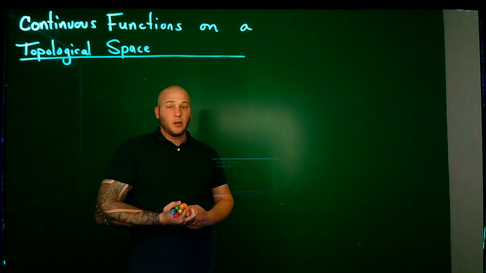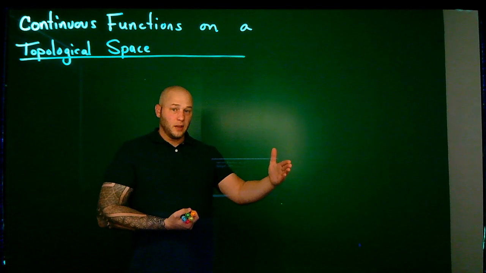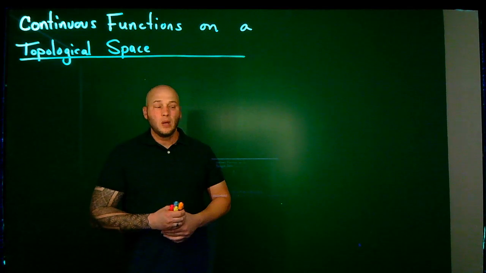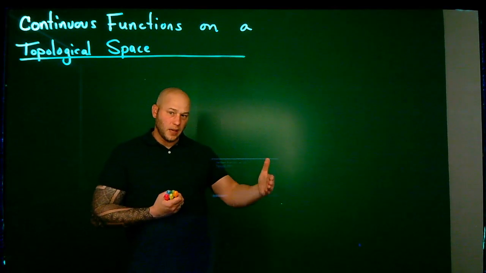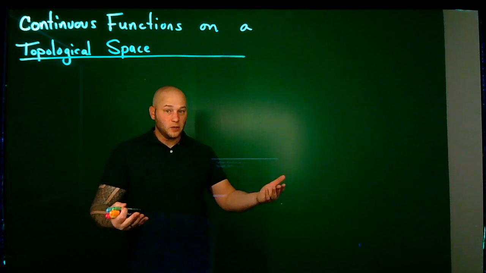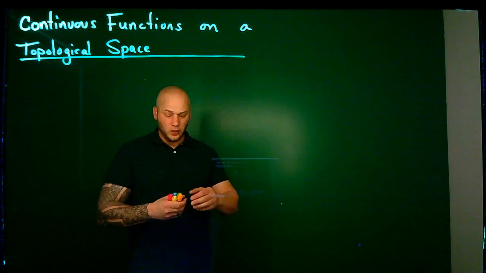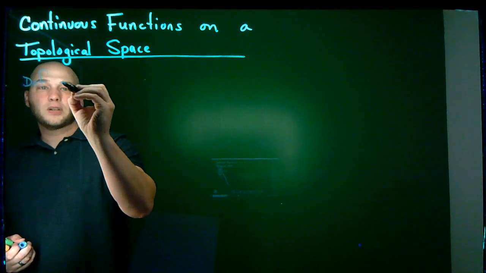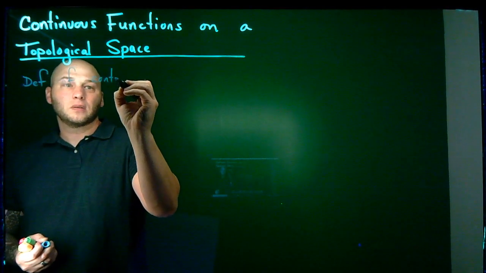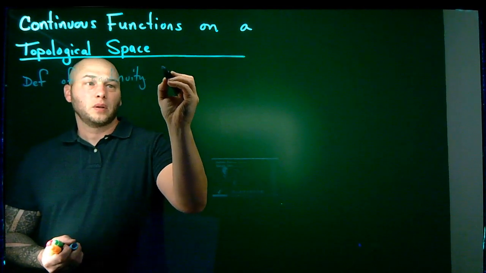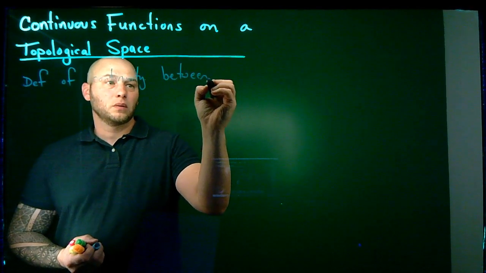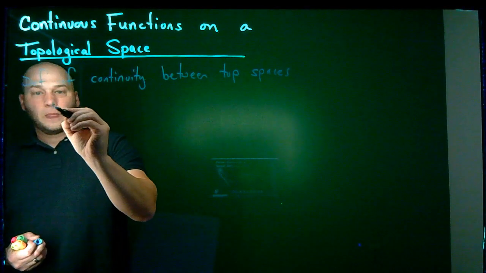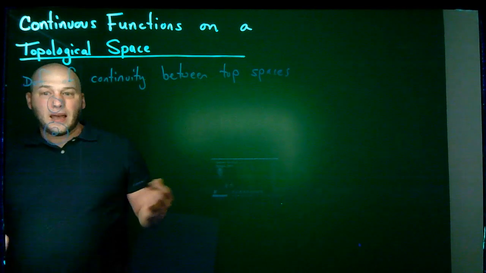On a topological space, I only have two things. I've got sets that are open, which is your topology, and then you've got the set itself, meaning I've got points. Well, if I have a function between two topological spaces, my definition of continuity is going to have to use only those two things. So the definition of continuity between topological spaces has to have a couple requirements. One,